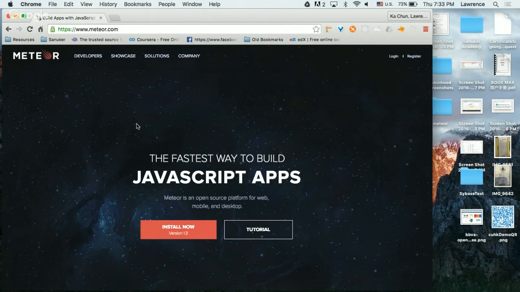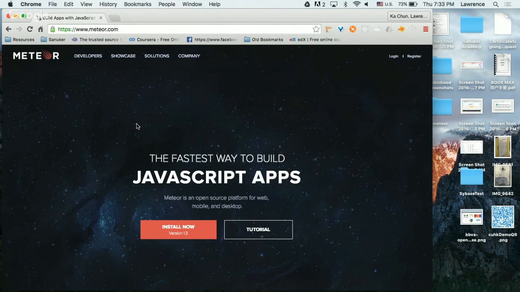So I hope that by the end of this course, you will know how easy it is to use Meteor to build apps. Sometimes when we talk about apps, it's not just about mobile apps. Apps has become a really generic term. Anything with software, we can call it an app. So an application is an app. This time we are going to do a web application. It's nothing like on mobile, but if you're interested in the intensive course we're offering in August, we can teach you more about how to build a mobile application with the Meteor technology.